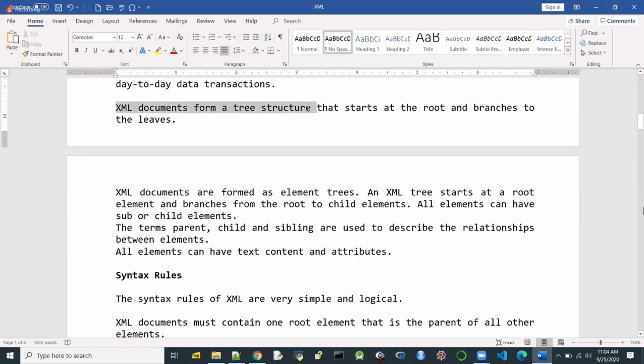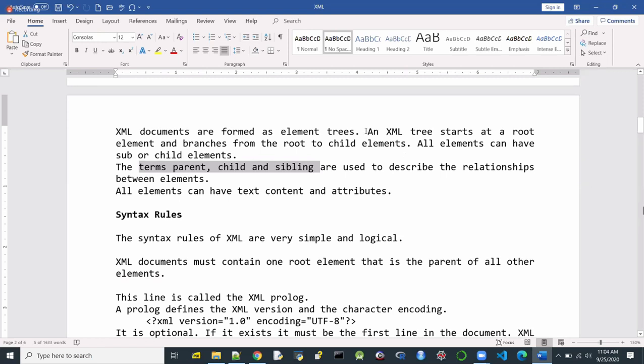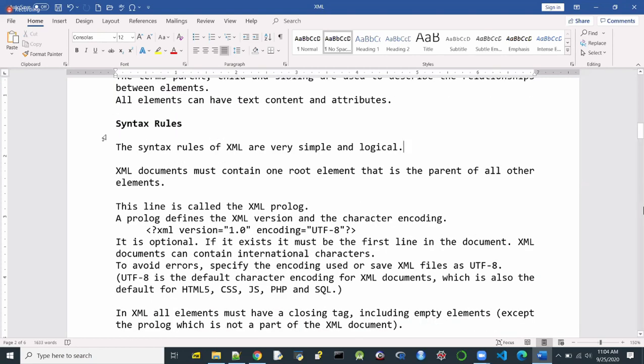So XML documents form a tree structure that starts at a root. And here also we use the terms like a parent, a child, and siblings. As I told you, an XML tree starts at a root, and then we decide about the child elements and further child elements and so on. So our primary focus will be on something called as the syntactical structures.